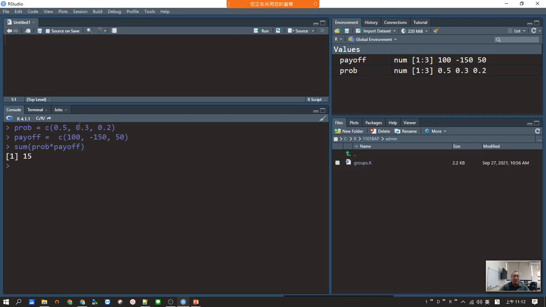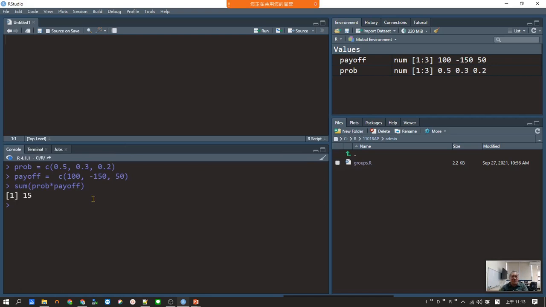So in R, we actually can multiply these 2 vectors together, okay? And then we can do a sum, right? So by doing this, we can actually evaluate the expected value of this uncertain event, right? Now, doing it this way, I do everything in this console area, so I have to type in the code one line after the other, in 3 lines